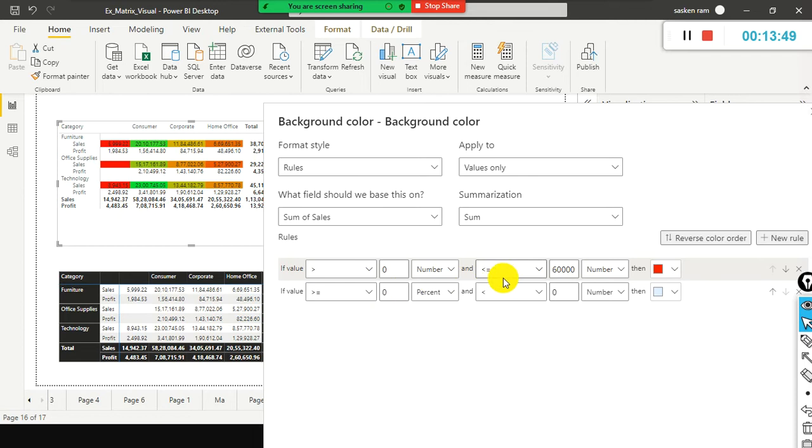Red, and if value is greater than or equivalent to, or greater than, here I just say greater than, number. I just selected it, greater than 60,000